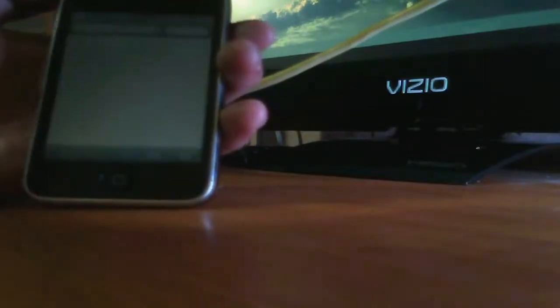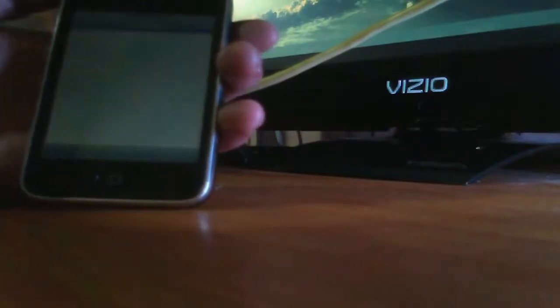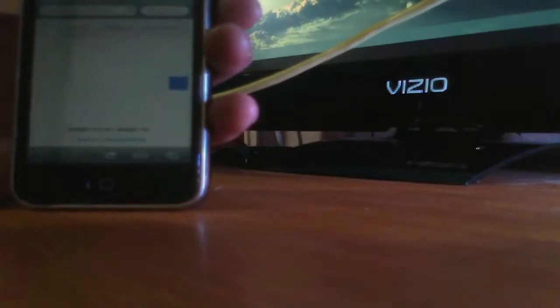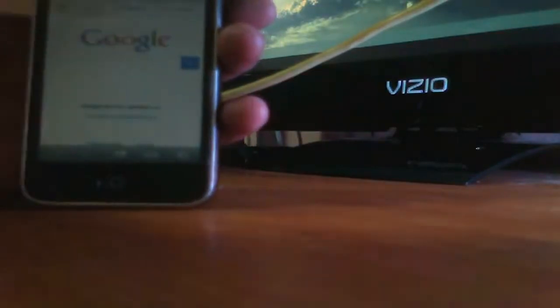We will open the internet and Google is already opening for us. So we can already have our cell phone connected by Wi-Fi or cable without the need to have it connected